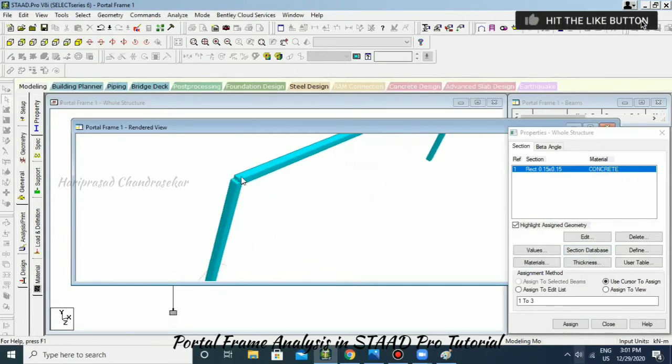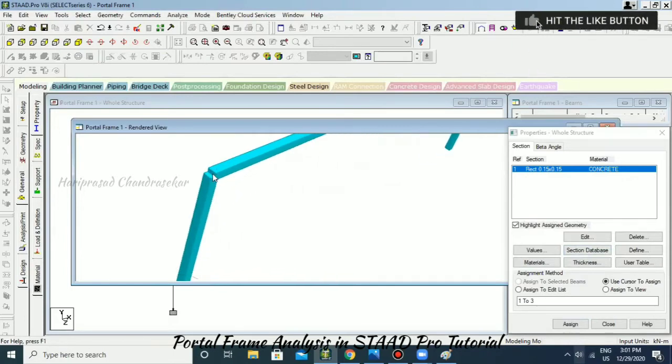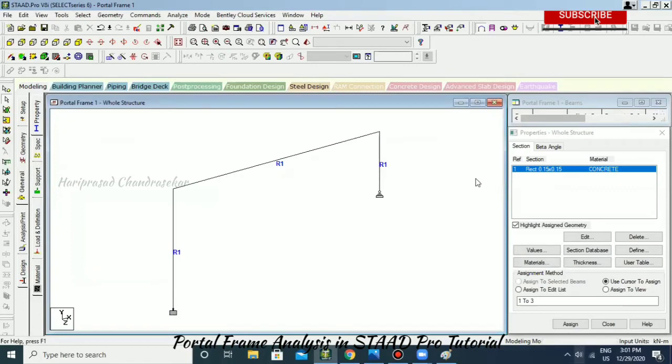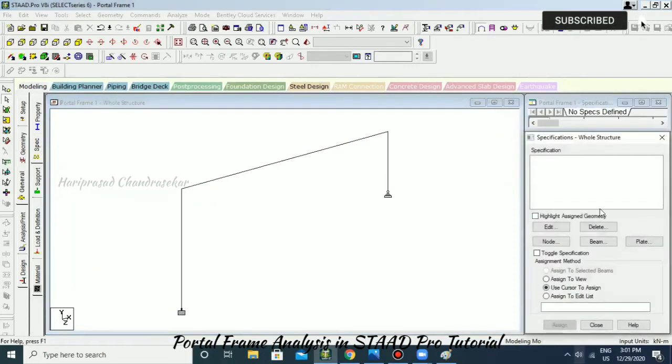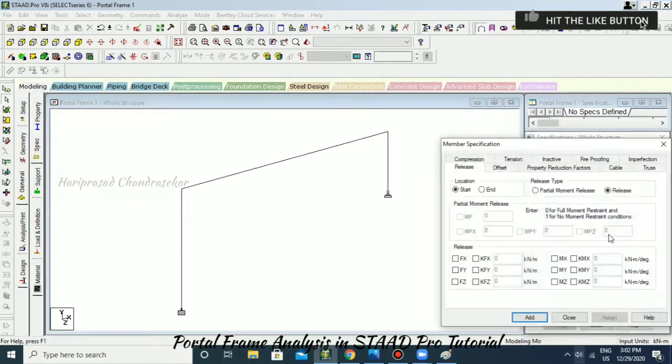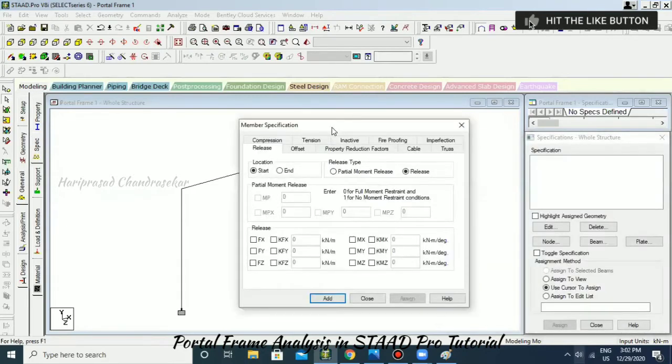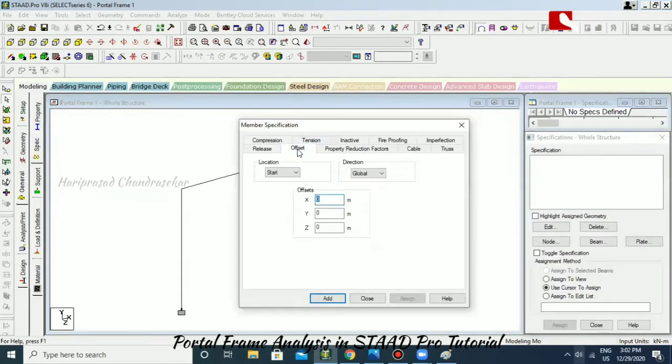Can you see here the beam is joining at the midpoints. So you have some space here. If you want to change that, you can go for spec, and you just click a beam, and in beam you also have offset, start and then end offset.